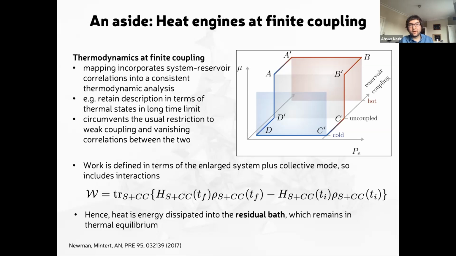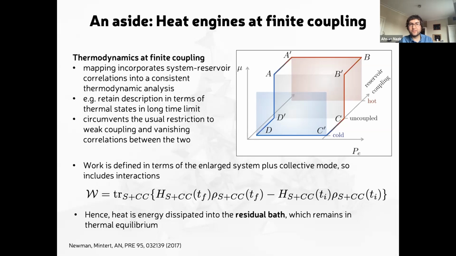So our mapping here, we're still concerned at this point, obviously, just with a single system and a single bath, because around the Otto cycle, the hot and cold bath are never simultaneously coupled to the system. So at this point, we only have coupling to one bath at any time. But we'll come on to the non-additive situation in a couple of slides.